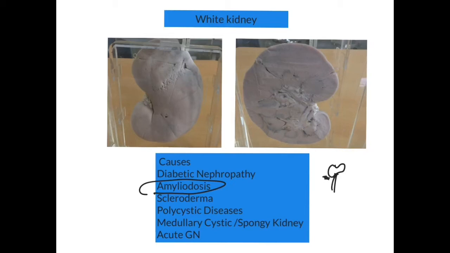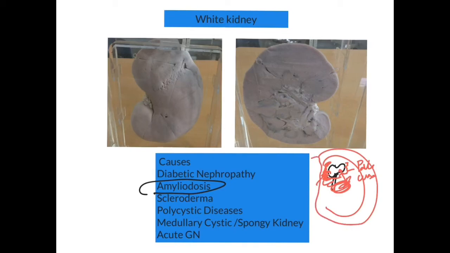There is a secretion of this proteinous product around the glomerulus, so that this amyloid is compressing your normal glomeruli, and now the kidney becomes pale and waxy. And after deposition of much larger forms of the protein, this kidney will be enlarged. This is one pathophysiology by which in amyloidosis you can get this white enlarged kidney.